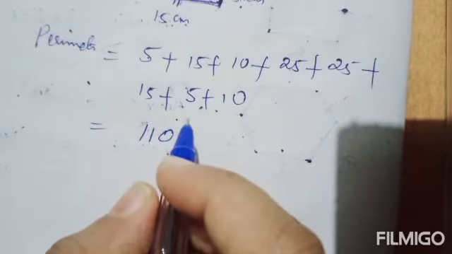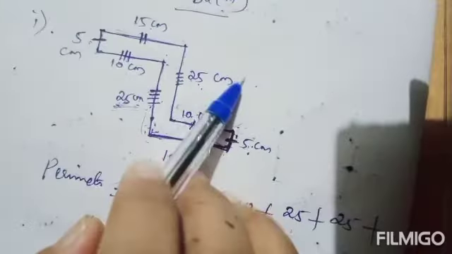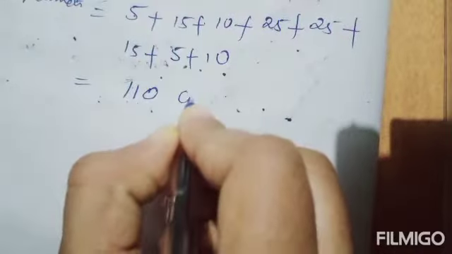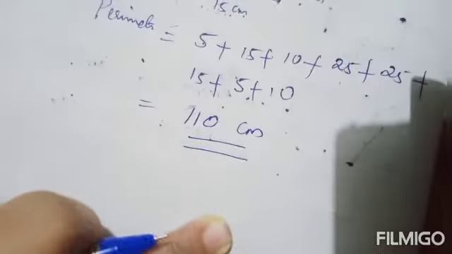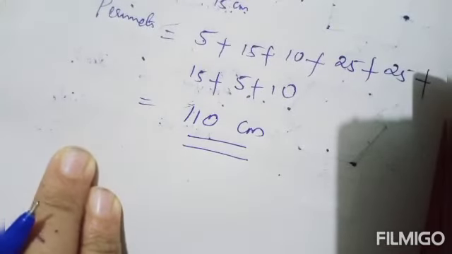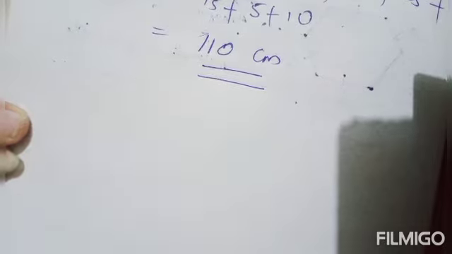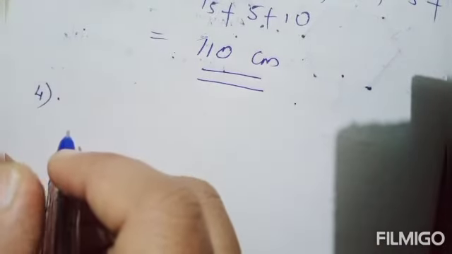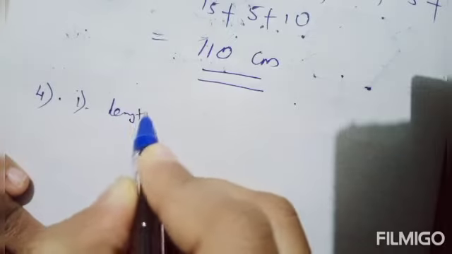Now what will be the unit? Here all the lengths of sides are given in centimeter. So the unit of perimeter will be centimeter. Okay, so perimeter of first figure, it is 110 centimeter. Okay. Now second question, find the perimeter of a rectangle whose, in that first one, length equal to